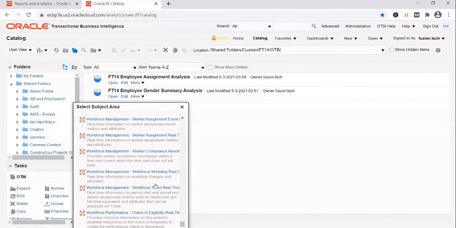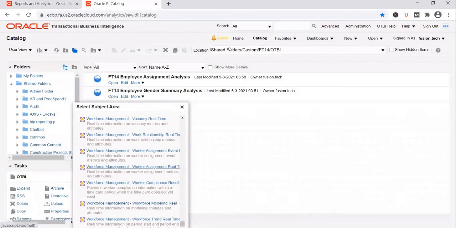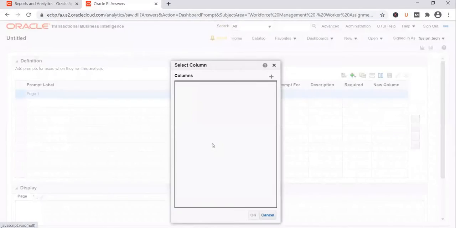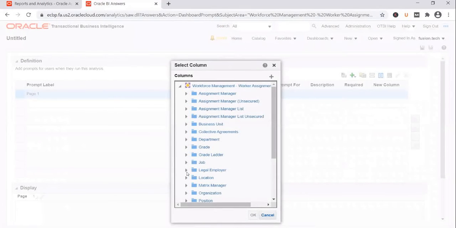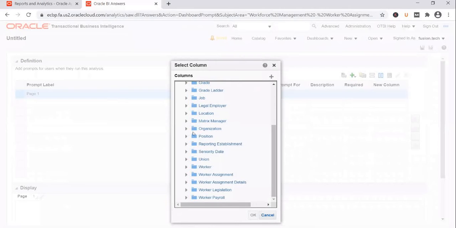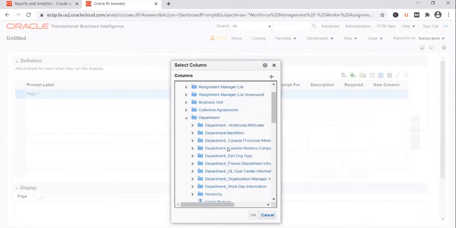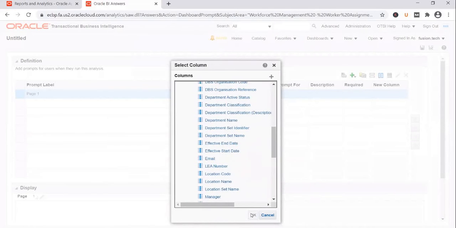So you go to workforce management, worker assignment real time. And you add in a new column prompt. And you select the department. And if you scroll down, you see a department name there.